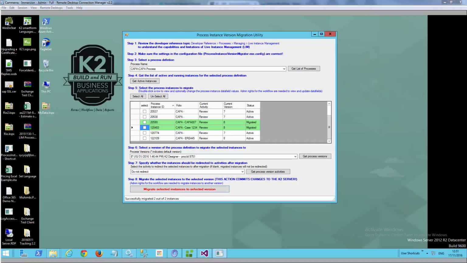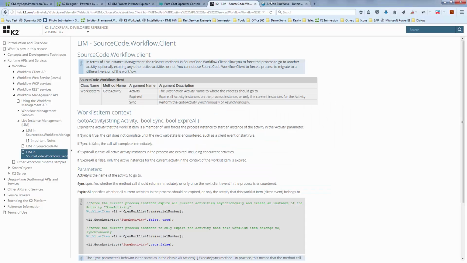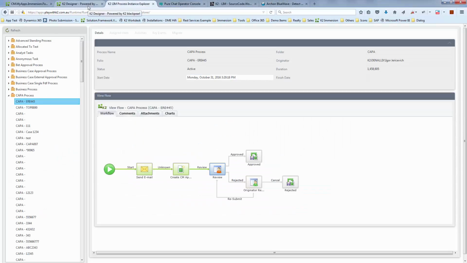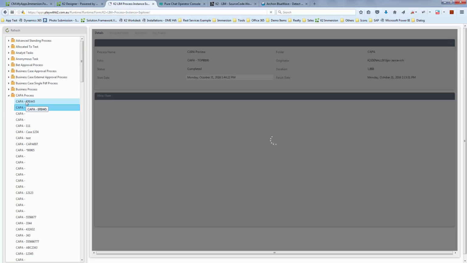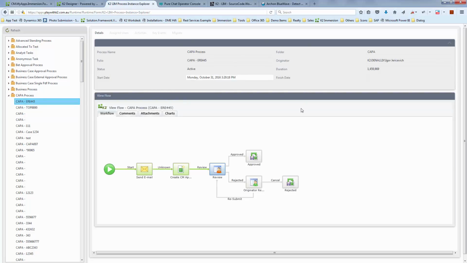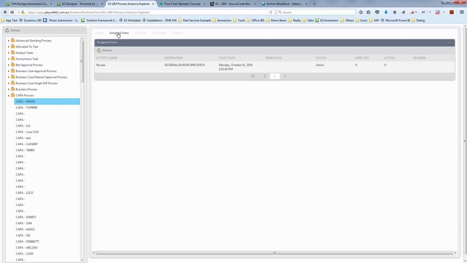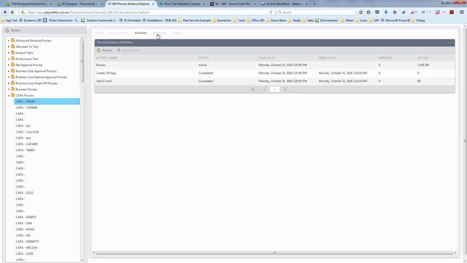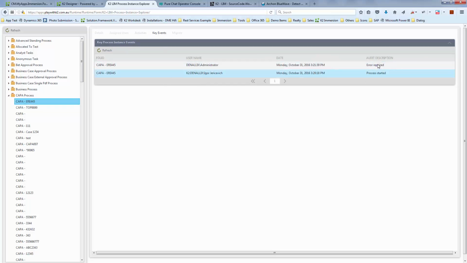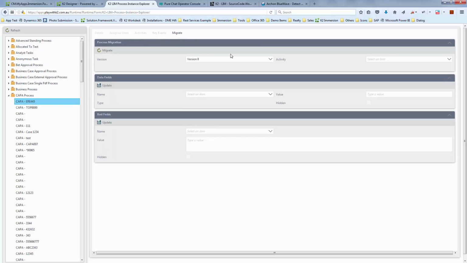Here's another example. This is an example built using K2. This one is web-based. It's built on top of K2 Smart Forms. Again, I can find a particular process that's running, for example, this one over here. I can see the details of the workflow, a visualization of where it currently is, who's been assigned tasks, activities that have taken place, and key events that have happened. You can see there's an error repair on this one, and then I can go to the migration. I can say, let's migrate this one to version 7, move it back to the review activity,